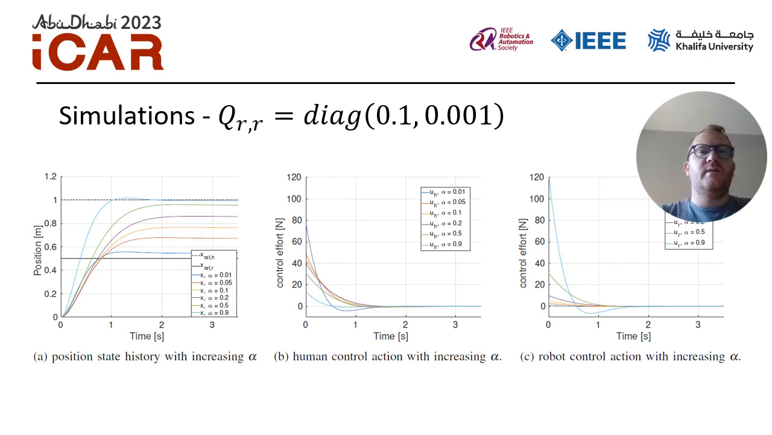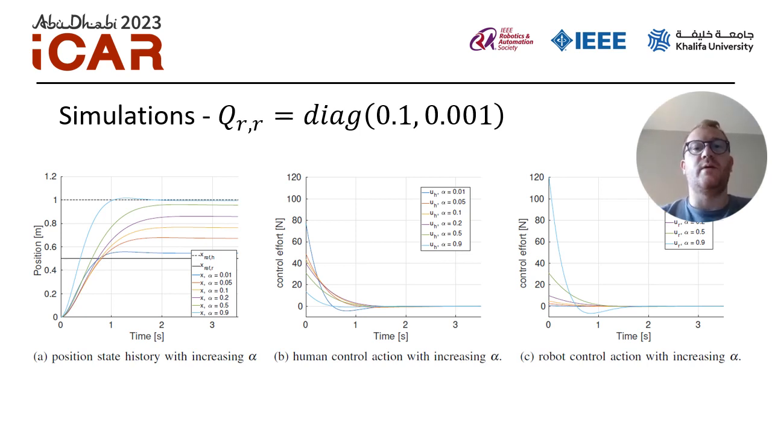The figures here plot only the cooperative game theory variations, since the other controllers have similar behavior to this one. Here we change the state weight matrix of the robot. On the left, you can see the variation of the state of the system according to various alpha, and it happens that by lowering the robot's state weight matrix,